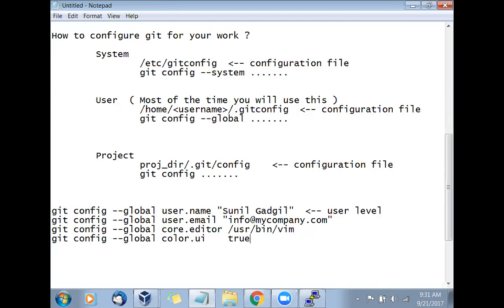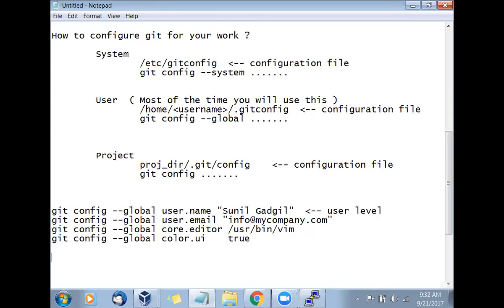Show me the difference with color. Otherwise, everything will look black and white, and we are not able to understand the status and so on. All these parameters will go in the user level configuration file.